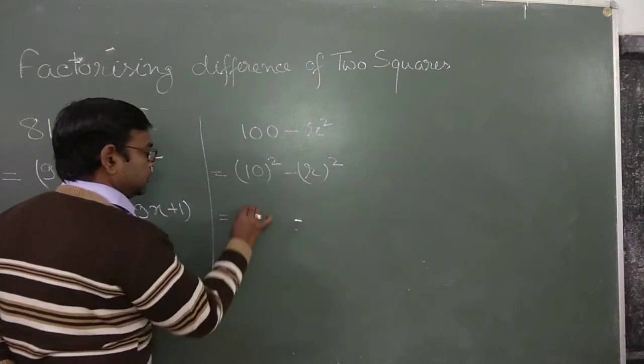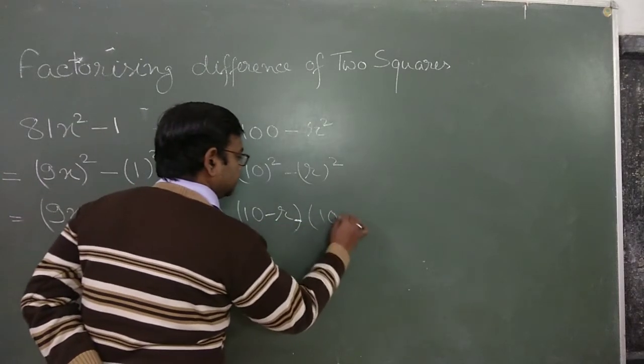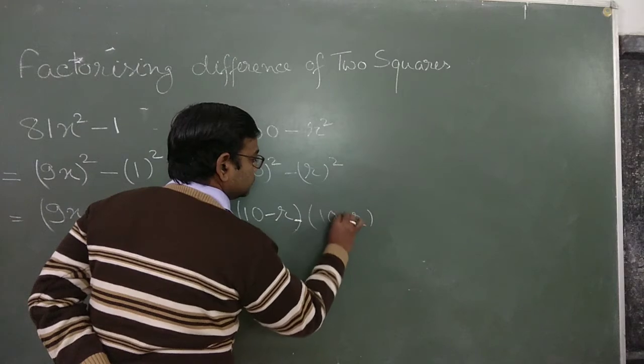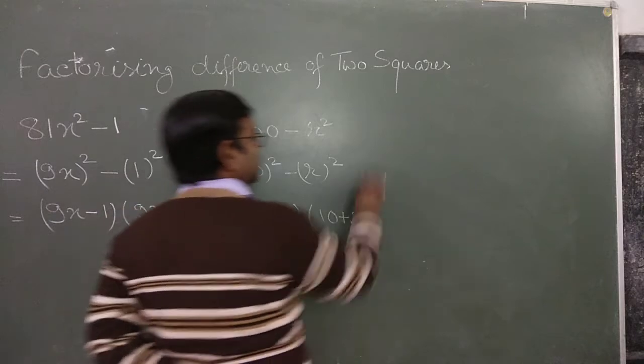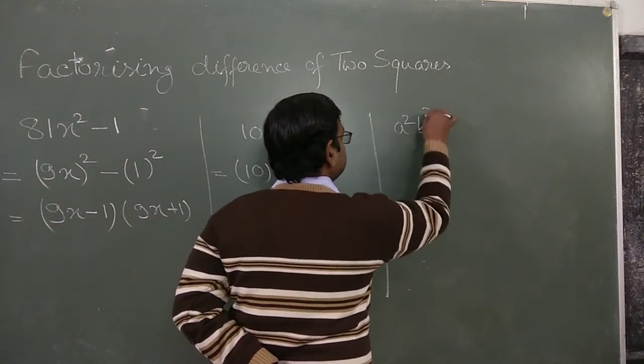Similarly, we can write down first term minus second term, or first term plus second term. Likewise, it's a plus sign. Clear? Then come to another question, if the question gives us something that looks like this one.